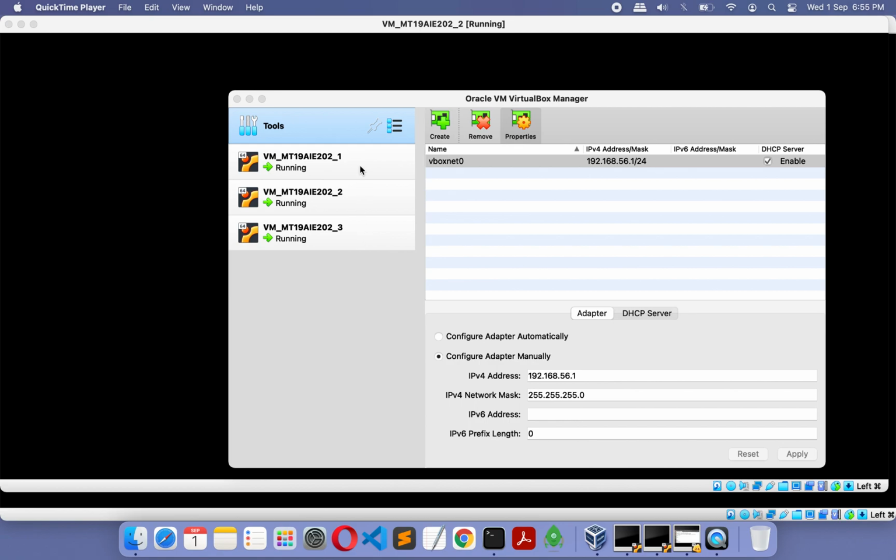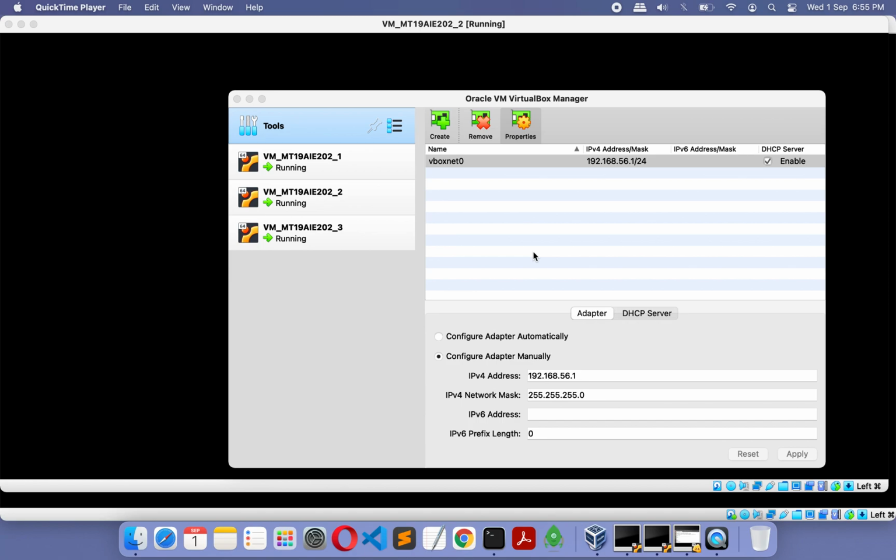Virtual machine 1 has got PHP and Apache hosted on it. So we'll be accessing virtual machine 1 from guest machine 3 and the host machine. We'll first see what network settings we have done for this network communication. As you can see, there is VBox Net 0.